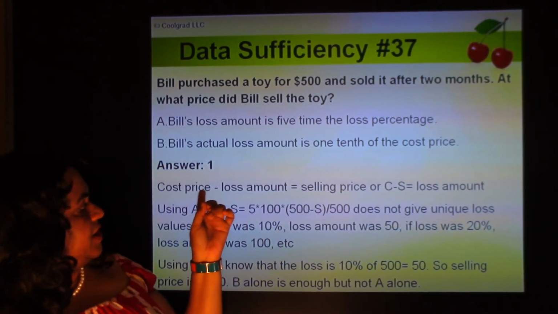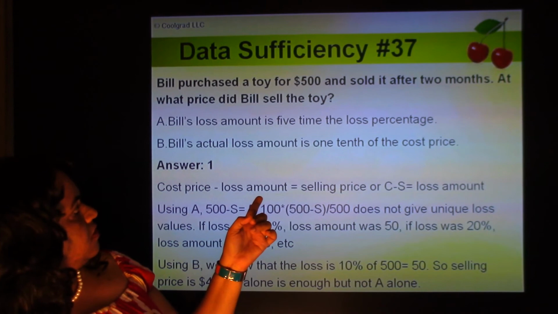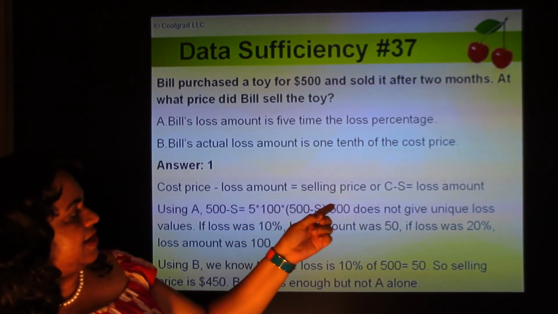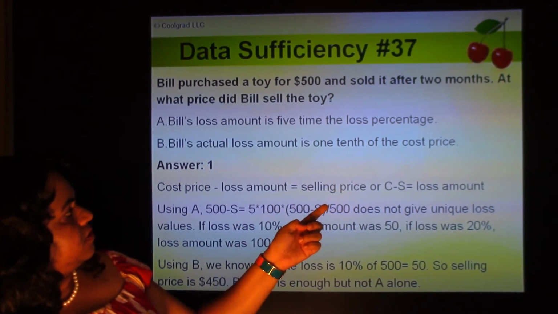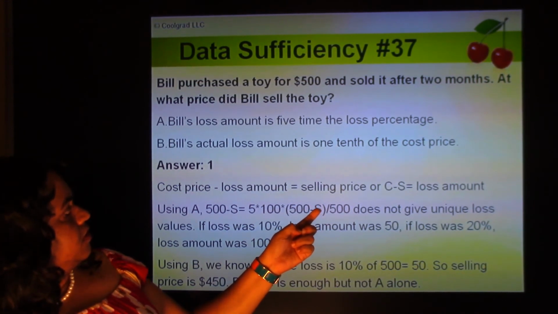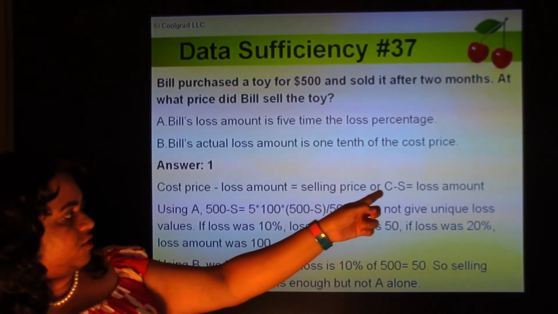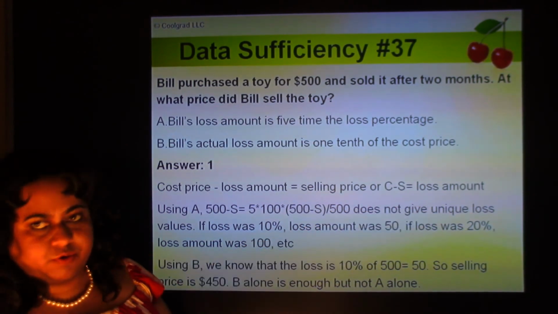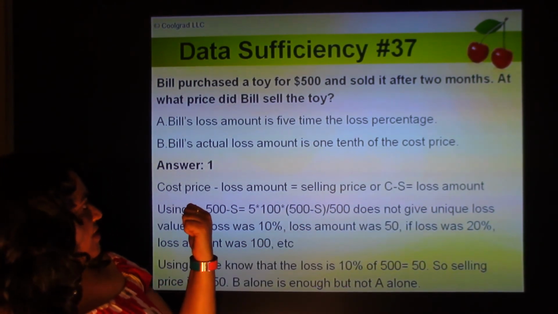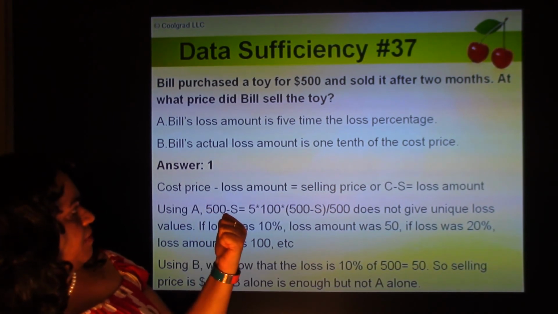We know that cost price minus loss amount is the selling price, okay? So Bill's loss amount is 5 times the loss percentage. Let's say cost price minus selling price equals loss amount, okay? Using statement A alone, loss amount is